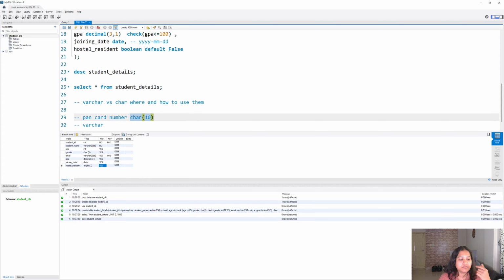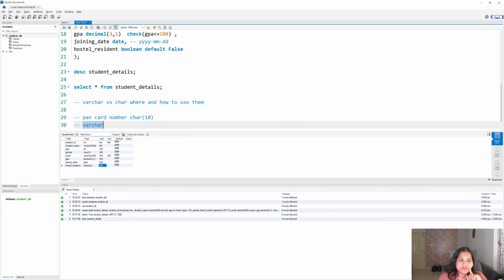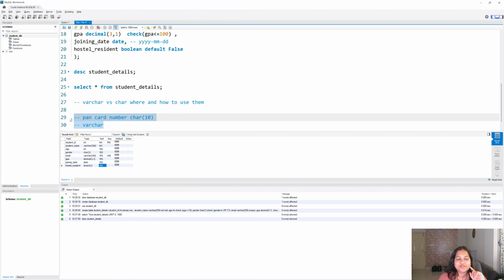Let's say the government is creating a database for all the people in India, then for PAN card, it will choose char of 10 or varchar. Obviously, it will choose char 10 because this is the fastest when you know how many characters are going to be there. Varchar is fastest when you don't know how many characters are going to be there. Okay, so this is the difference, and this was asked of me in one interview. That is the reason why I'm sharing this.